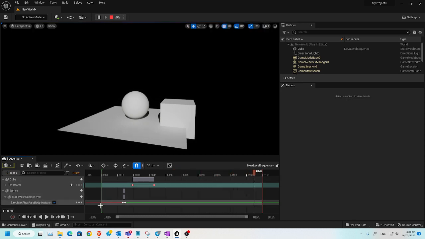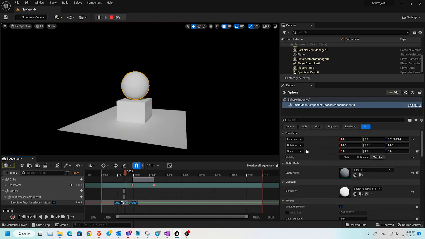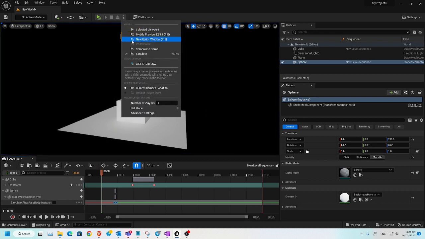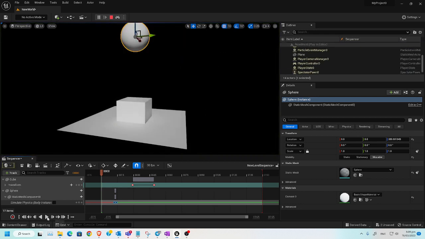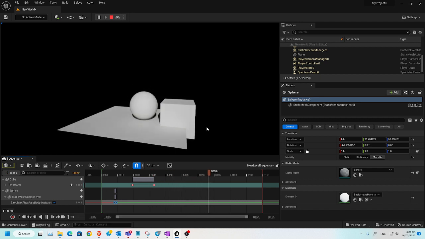Actually, maybe I move this a bit further back. Here, maybe. So I should stop the simulation, run it again, play, it falls, and the box moves. So now this one works with sequencer